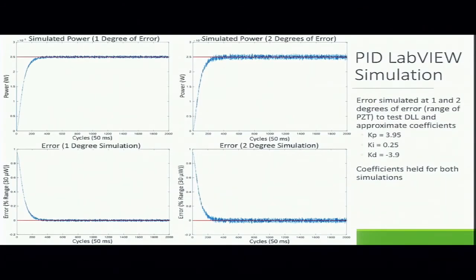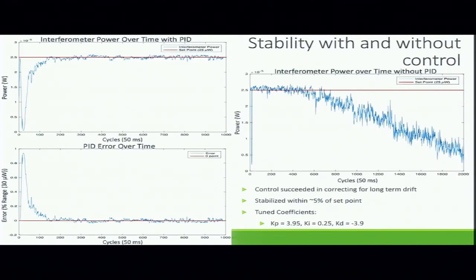So our PID was processed in a C++ VI interface through LabVIEW. We ran a couple simulations to approximate our coefficients and see how our PID was responding. The piezoelectric controllers had 2 degrees of motion, so that's why we looked at 1 and 2 degrees of error. And so running the PID with our system, we saw that we were able to correct for that long-term power